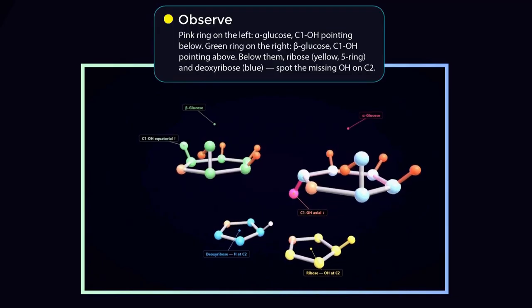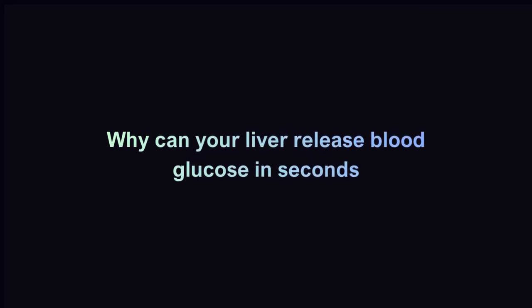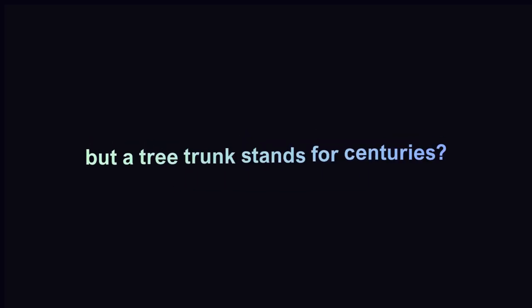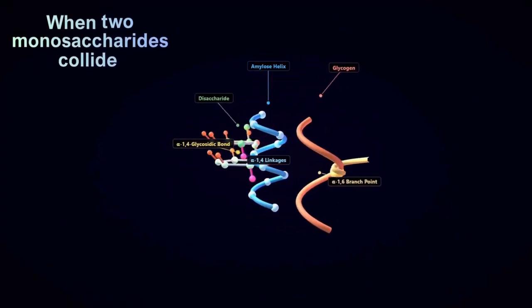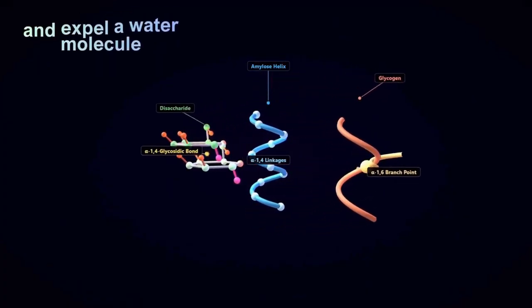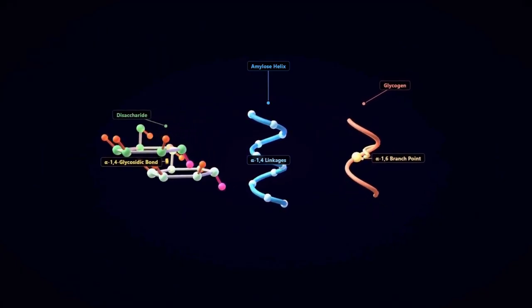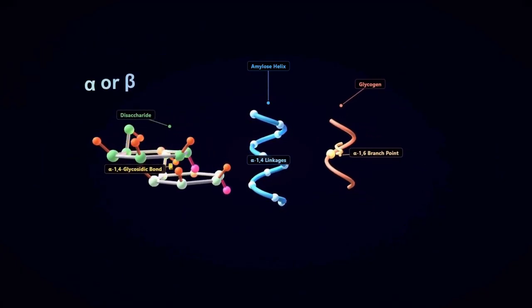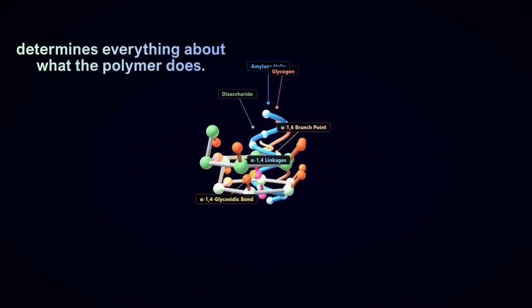Adding another key point about this biomolecule topic. Why can your liver release blood glucose in seconds, but a tree trunk stands for centuries? When 2 monosaccharides collide and expel a water molecule, you get a glycosidic bond. That is condensation. The bond type, alpha or beta, and exactly which carbons connect determines everything about what the polymer